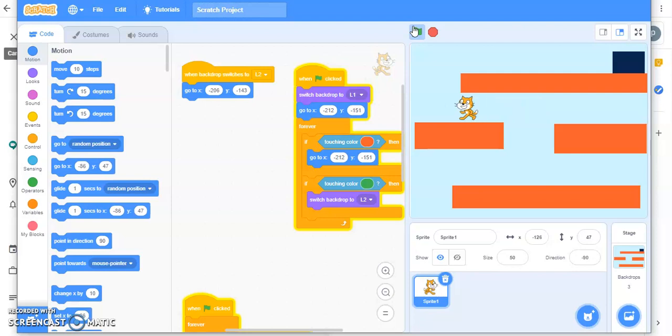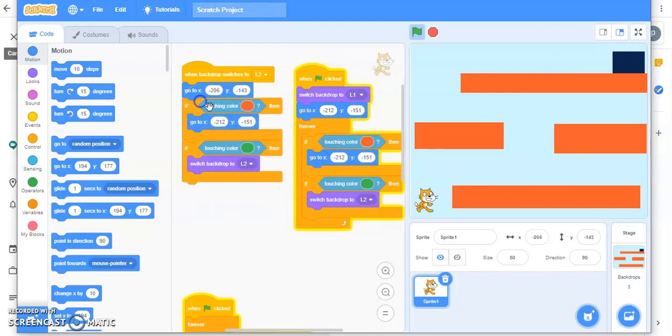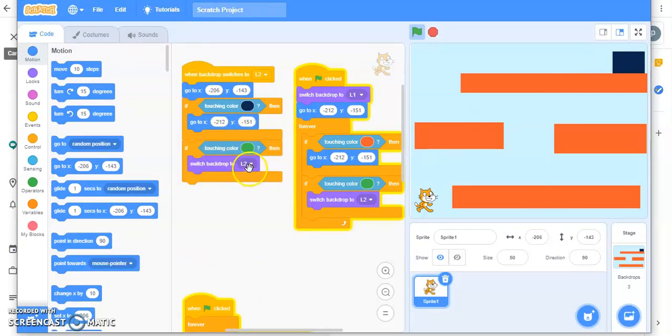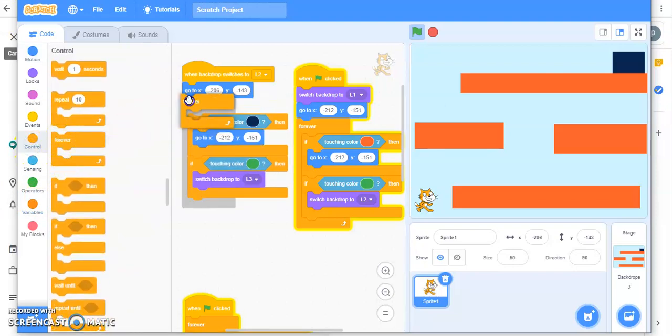Now what is the next thing? The next thing is that if it touches this color, it should go to the next level. So for that, what you have done previously, look over here. Yes, the same thing. So I'm going to duplicate and put it here. Now instead of this red color, I'll take this color. If it is touching this blue color, then it is going back to level 3. Let's see whether it is working or not. And of course forever block should be here. So forever,